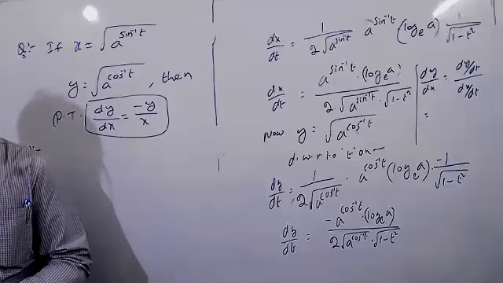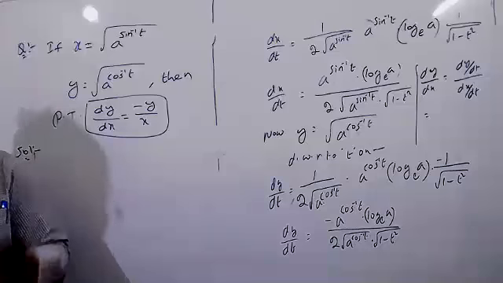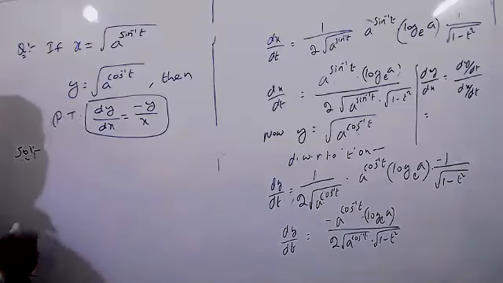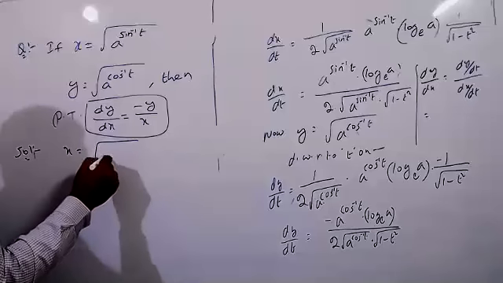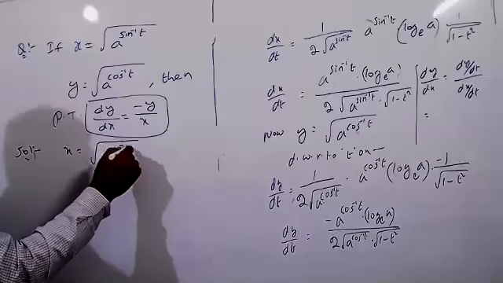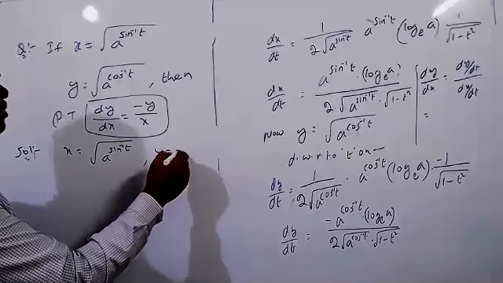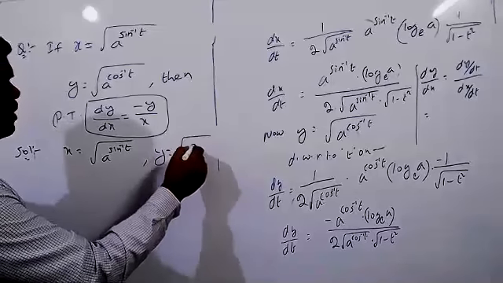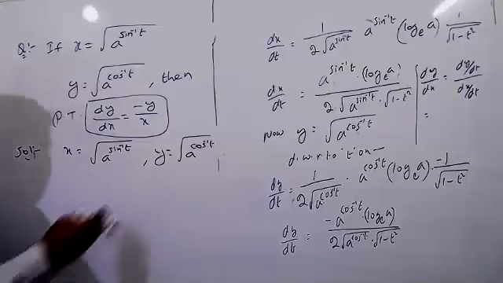Now one more time, just 2 minutes, all of you look at the board. We'll do one more method now. Here they have given x equal to root of a power sin inverse t, and y equal to square root of a power cos inverse t. These both are given now.